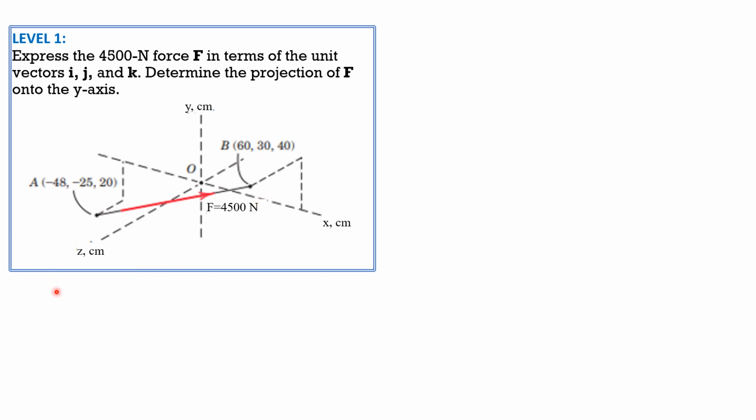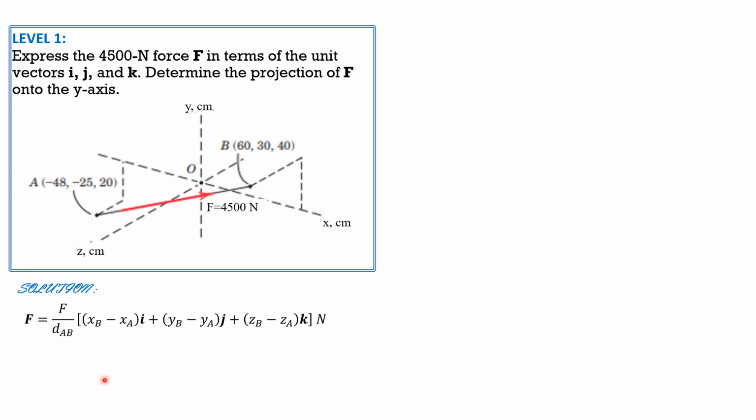So the force in vector form is F, magnitude of F, 4,500, times delta x, or xB minus xA i, plus yB minus yA j, plus zB minus zA k, all over distance AB. So this is the vector form: F over distance AB times xB minus xA i plus yB minus yA j plus zB minus zA k,